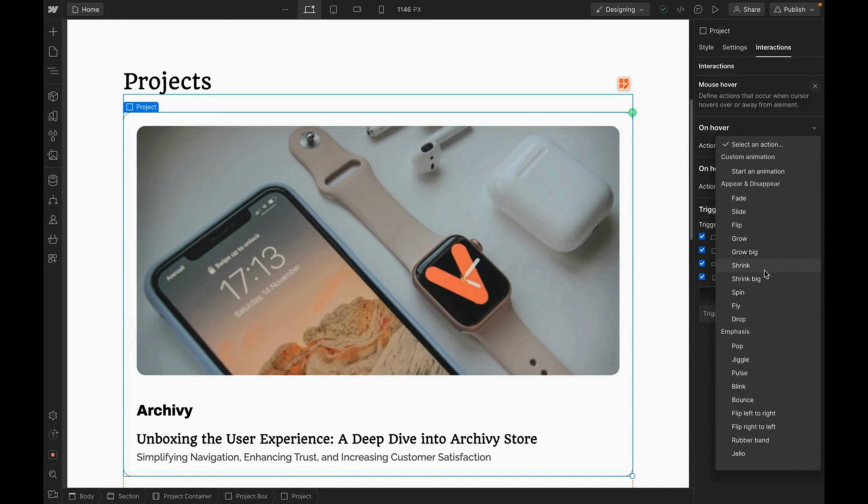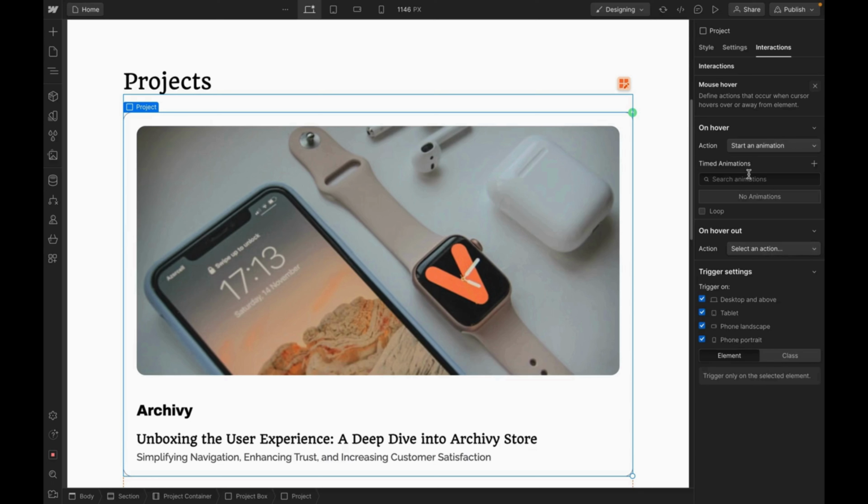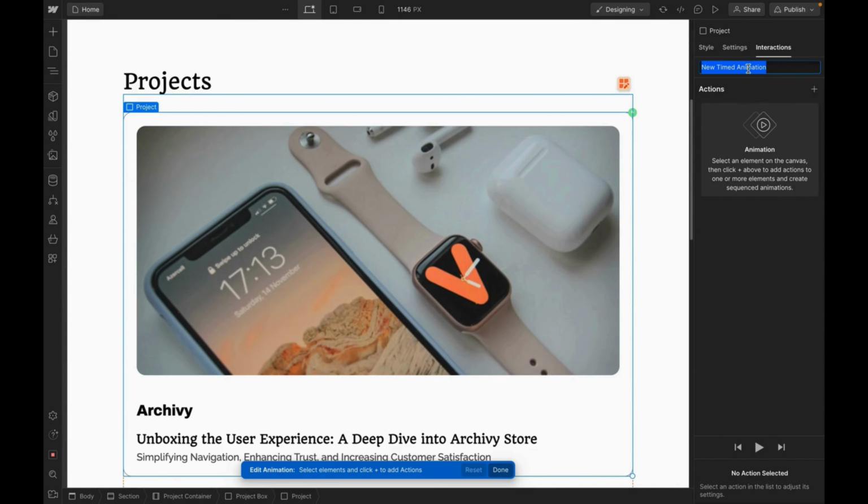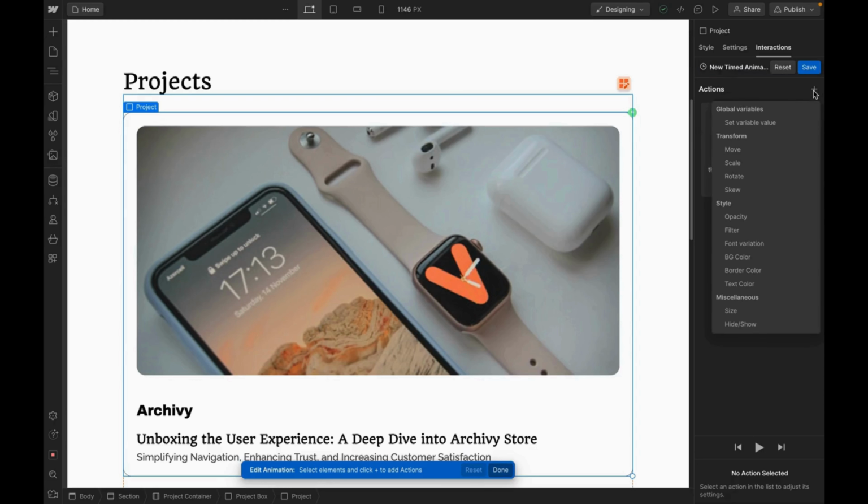Right here, we have a couple of actions that we can select. We have fade, we have slide, we have plenty of actions that we can select from. But in our case, we want to create a custom animation. So I'm going to start an animation. And then right here, I'm going to click the plus icon, and then I'm going to name this animation hover. Like that. And then I'm going to click the plus